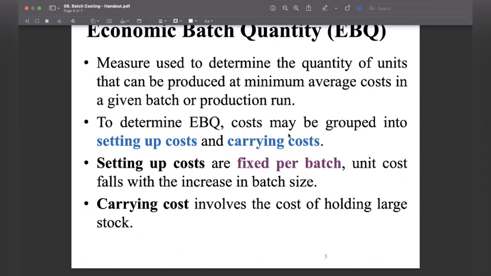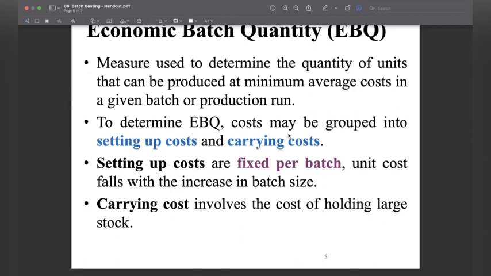To determine EBQ, costs may be grouped into setting up costs and carrying costs. So remember, to determine EBQ, costs may be grouped into setting up costs and carrying costs. Okay. So carrying cost, of course, we can consider as holding cost as well. Setting up costs are fixed per batch. Unit cost falls with the increase in batch size. Remember, normally setting up cost is fixed for the batch. It doesn't change depending on the